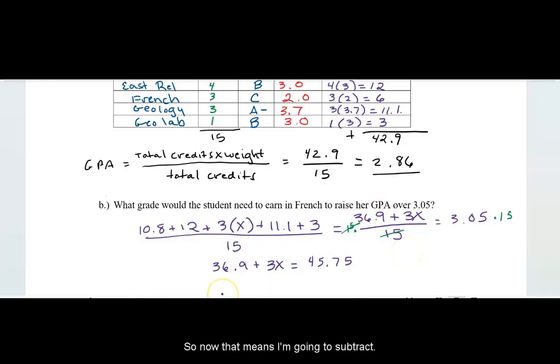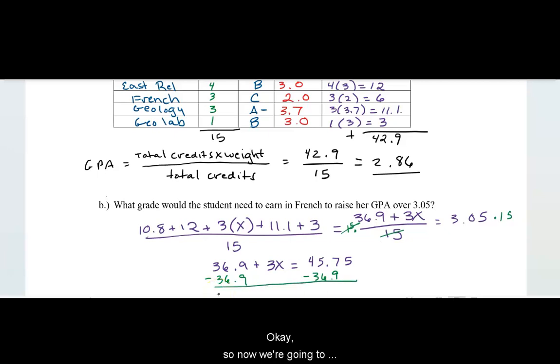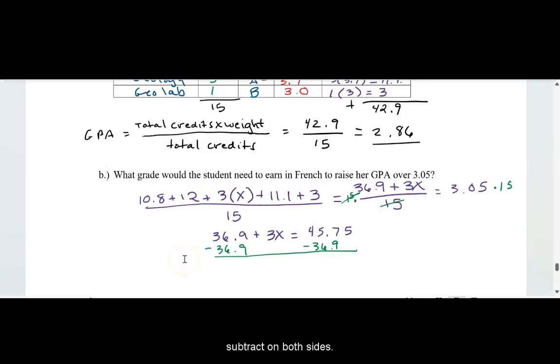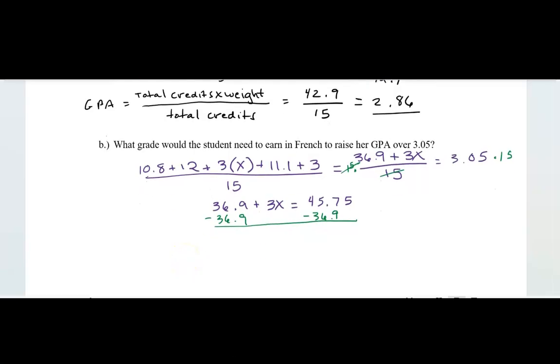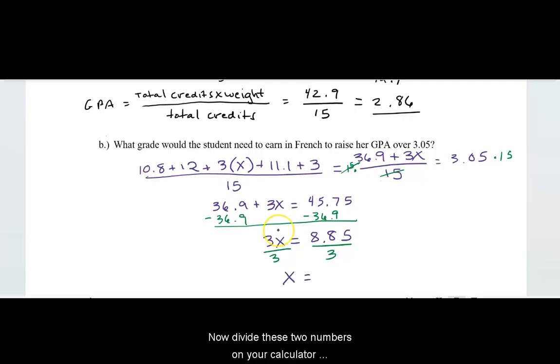We're still trying to solve for x. So now that means I'm going to subtract. Yeah, this is a lot. This is taking you now back to algebra. Okay, so now we're going to subtract on both sides. Oh, fortunately, I have a good amount of room here. That means I have 3x equals, and subtract those 2 numbers, 8.85. We're still not done. We have to solve for x. So now I need to divide by what's in front of the x, which is a 3. Divide both sides. So now we have x equals, now divide these two numbers on your calculator, and we get